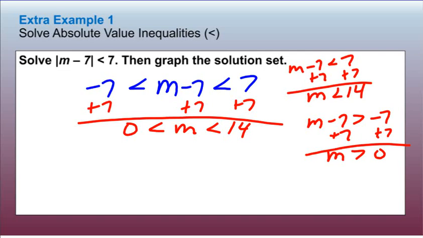You just need more space to do that method. So I typically write this way when it's less than. If it was greater than, then I would have to do it a little bit differently. Now to graph it,